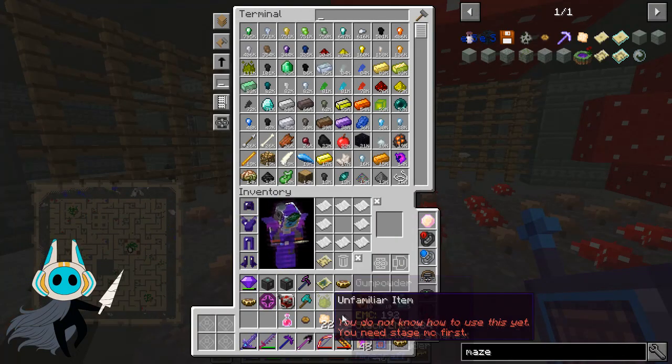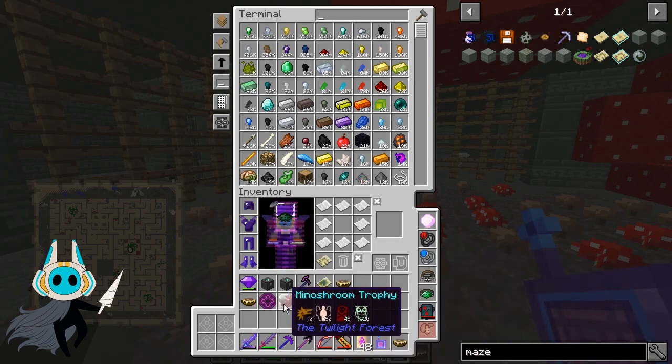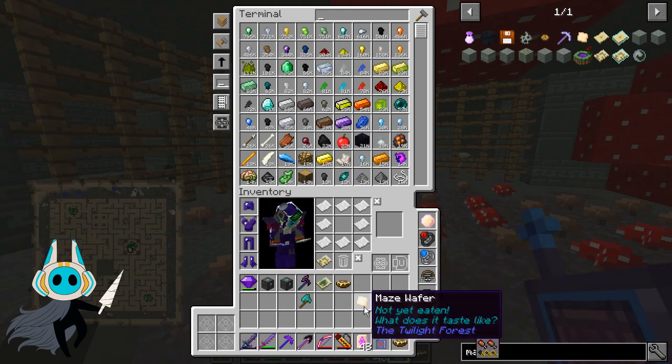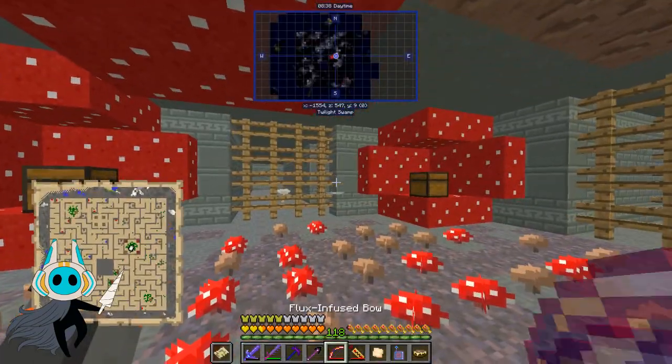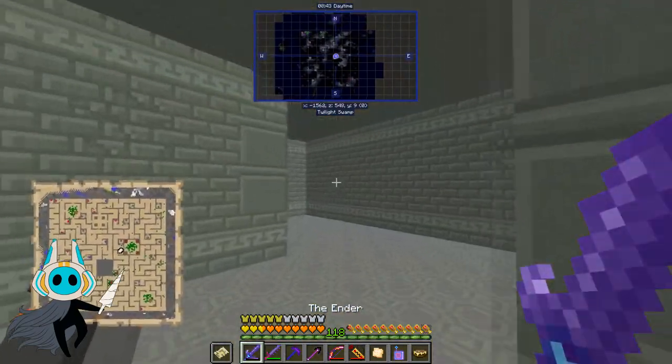So all of this can go away. I'll keep one beef stroganoff because we haven't eaten it yet. And I will also keep a maze wafer because we haven't eaten those yet. And also we get the Minotaur's hand axe, which does extra damage if you're charging the enemy. So now we need to... well, we don't need to, but now we can do the